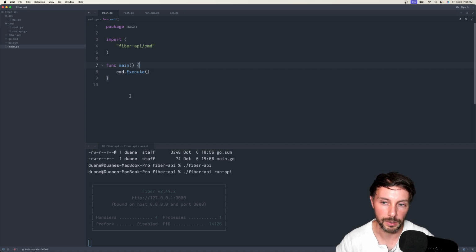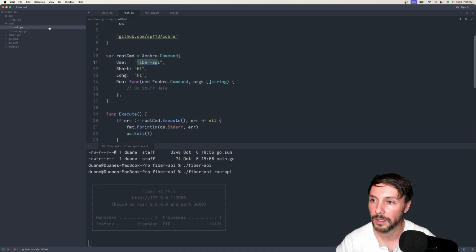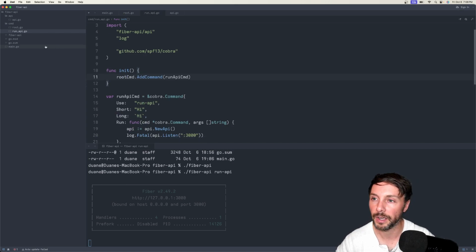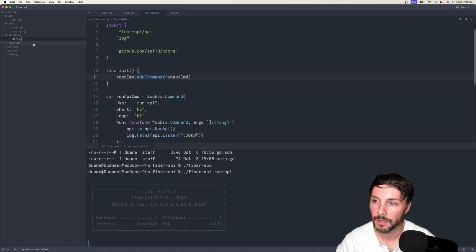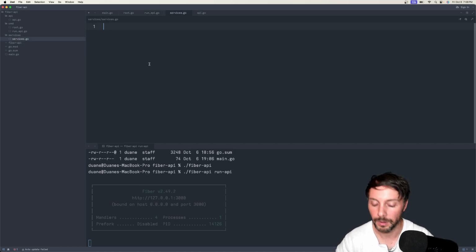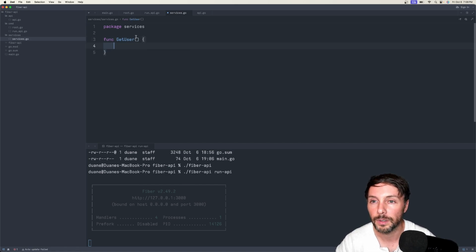Okay, so the main is super clean now because we just have this command.execute, and then the root will delegate to whatever we pass in. And so right now we just have this run API. But you can imagine, what we can do now is a services. Let's just make it a services.go. Package services. Let's just say like get user, and